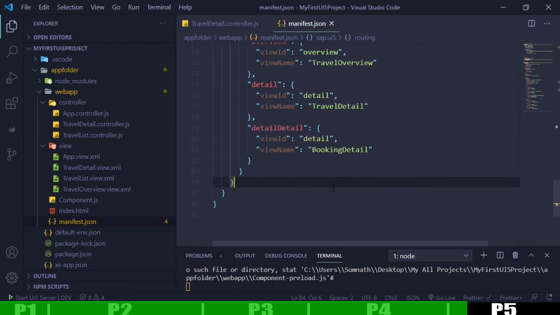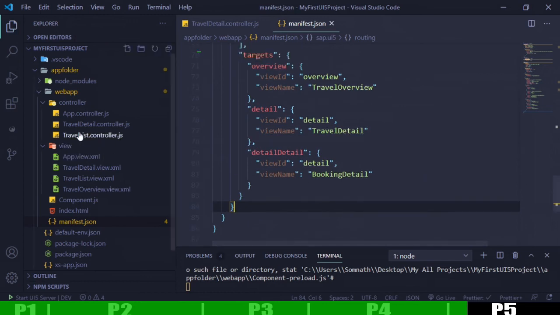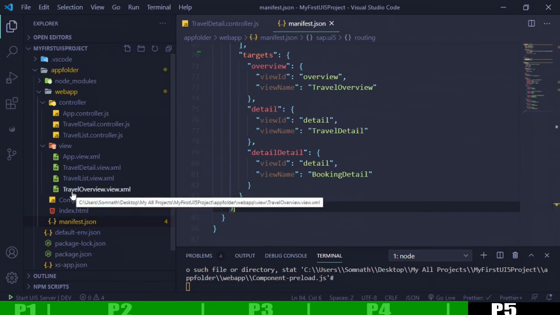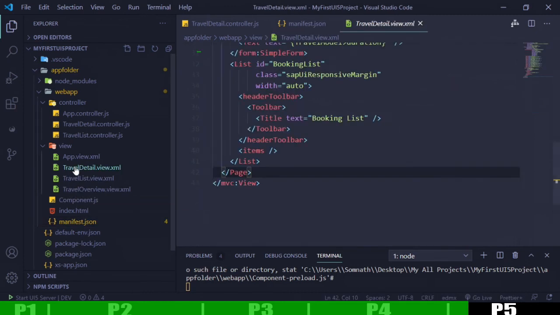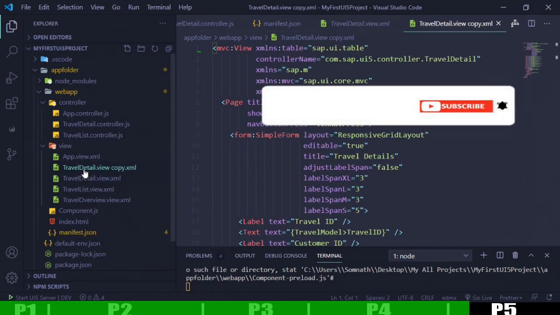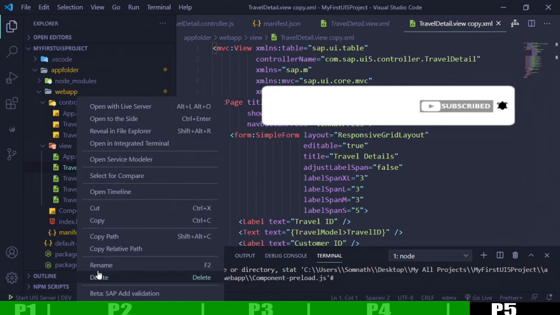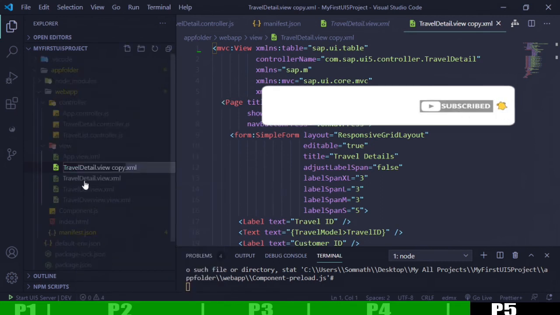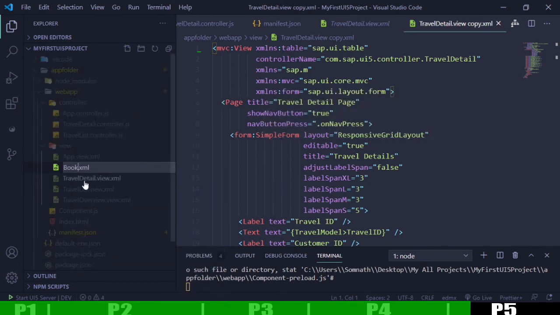Suppose that we need to create a booking overview, travel list, travel detail. Copying it, and let's say paste, and we need to rename this one. I'm calling it booking detail dot view dot xml. Okay,